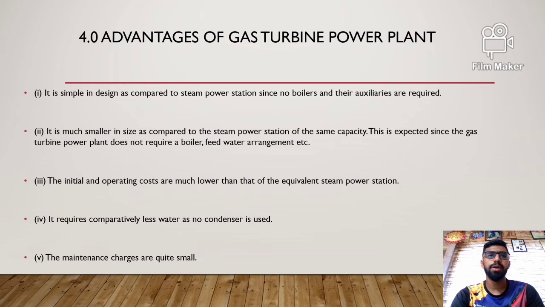Fourth, it requires comparatively less water as no condensers are in use. Number 5, the maintenance charges are quite small. Next,